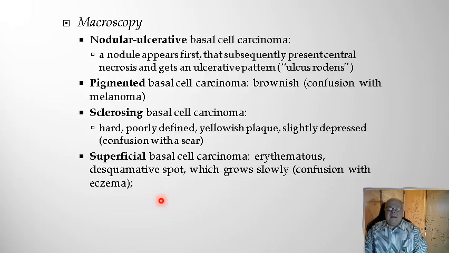And obviously, at a certain moment, a biopsy will be necessary to see exactly what it is. And after that, the diagnosis is very, very clear, because at the microscopic level we don't really have problems with such a diagnosis. Another confusing form is the superficial basal cell carcinoma, also called erythematous basal cell carcinoma, because it looks like a red spot with desquamation on the surface of the skin,